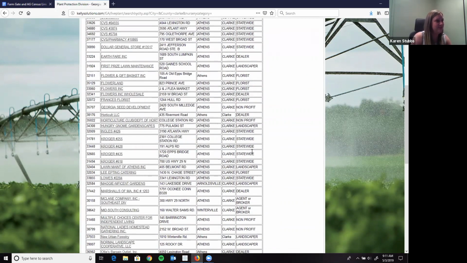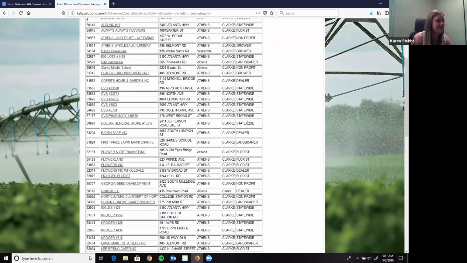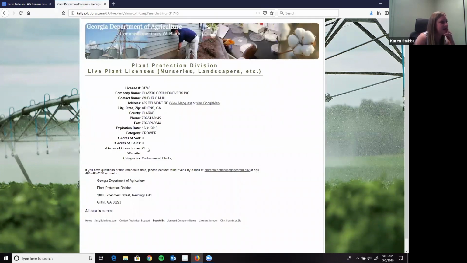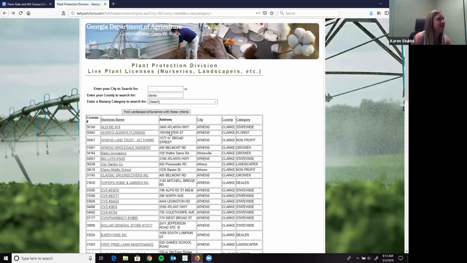So these aren't all applicable, but maybe some are. This one is a grower, so we could see what their contact information is, and it's also going to tell us the number of acres in here. So it says they have 22 acres of greenhouses, and for all those growers, it's going to have this type of information, but it's also going to have their contact information, which can be useful also for getting data as well. So they have this type of licensing data, not only